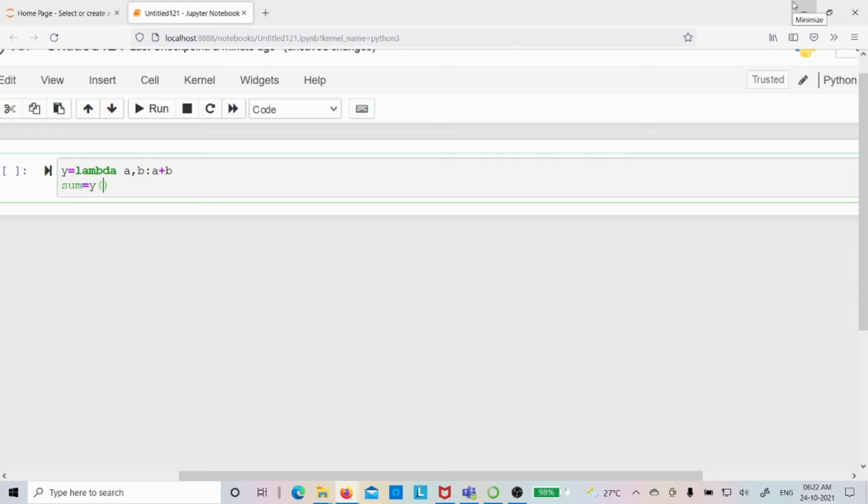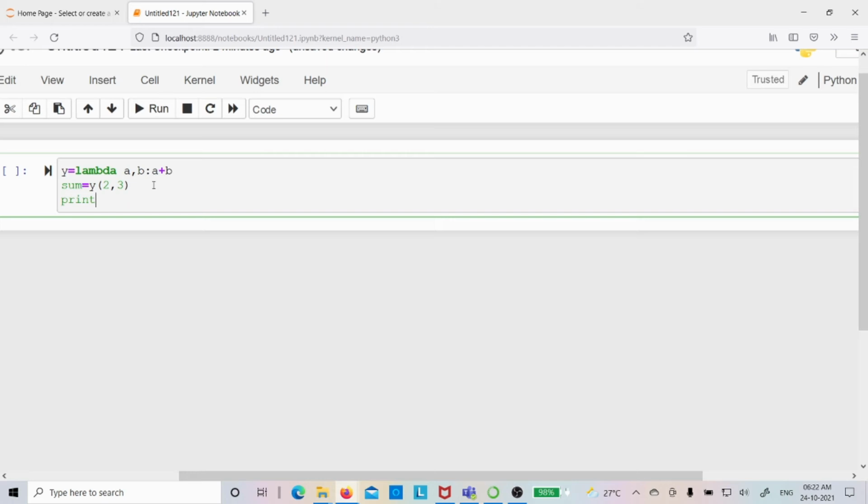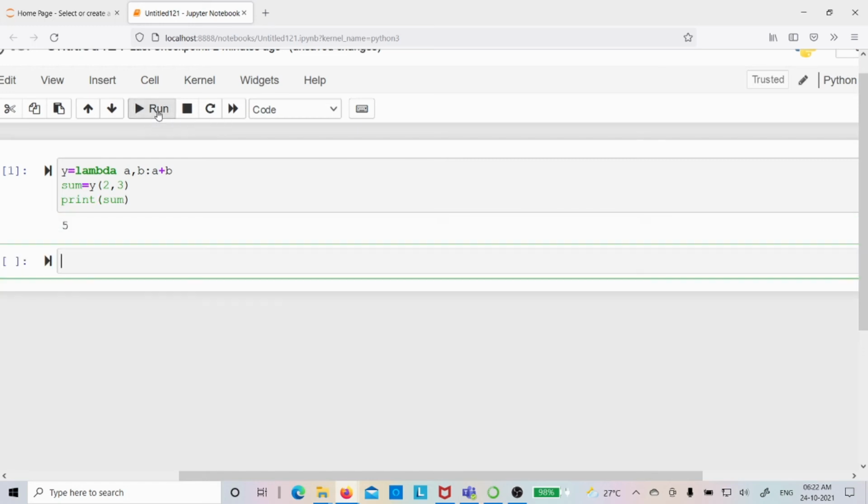Then I call the lambda function by passing the values 2 comma 3. If I write a statement called print, and I try to print the variable sum, whatever value is in the variable sum will be displayed as output. So this program will give you the output as 5. Look here, you got the value as 5.